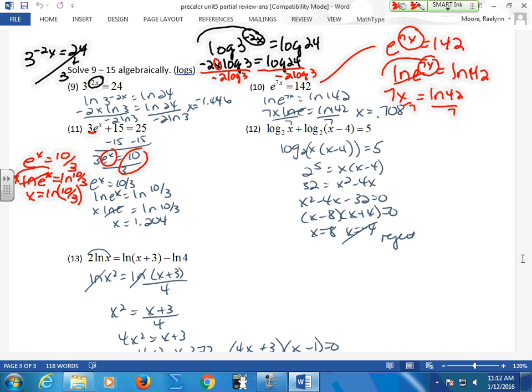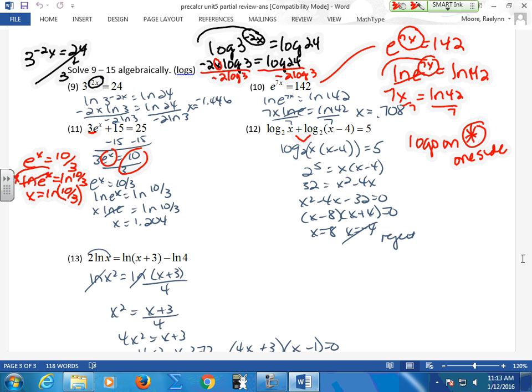Another type of log equation you have logs on one side. I got to tell you, this one is usually the most confusing for kids. Because what do I do with this? I can't put a log over here because it's an equal sign. I'd have to put another log over here. So I'm going to condense this guy into one term. Then after I get a log on one side, I'm going to flip it to an exponential